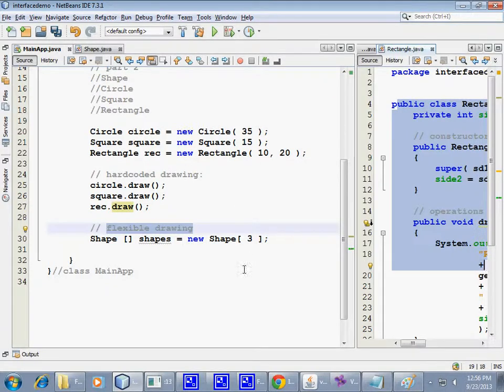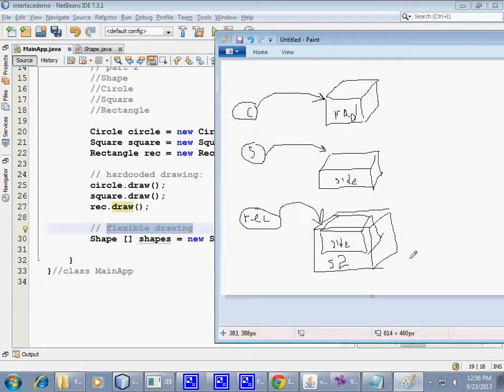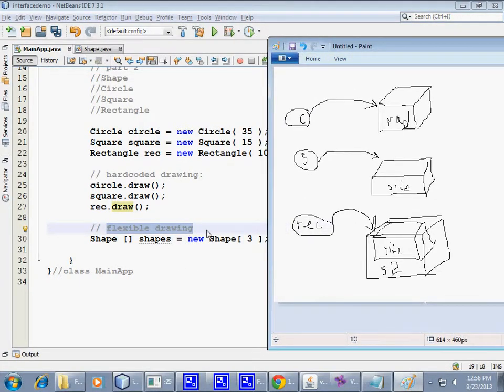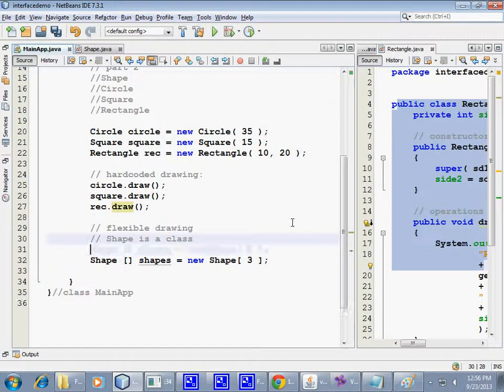So now I can say, how about this? What if I create the so-called array of shapes? And this is the syntax for creating an array of shapes. So let's see. Shape is a class. We know that. But here is an array of objects